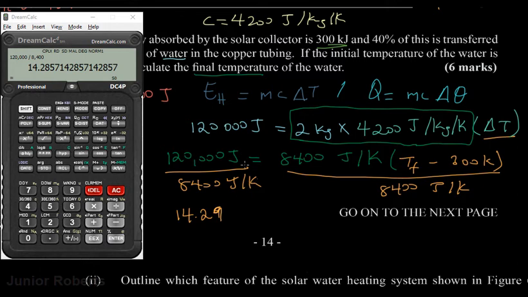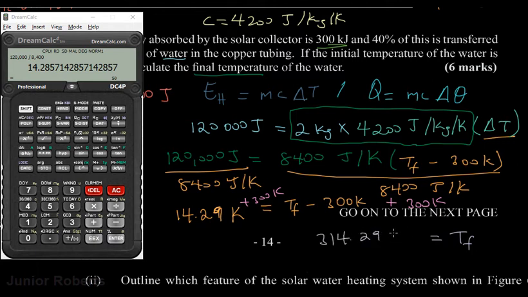We have per kilogram is going to come to the top as Kelvin. So Kelvin, and that is equal to our change in temperature again, which is TF minus TI, which is 300 Kelvin, right? Now what we will simply do from here is to add 300 Kelvin to both sides, so that we can get rid of this negative 300 Kelvin. Now when we do that, we're going to see that TF is equal to 14.29 plus 300 is